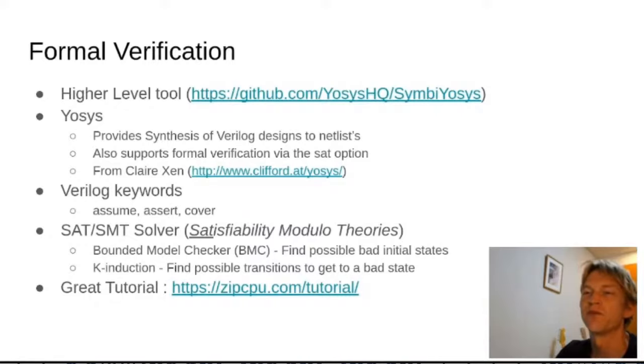With formal verification, what you can add to Verilog is these keywords: assume, assert, and cover. We'll look at those a little bit later, but basically these allow you to constrain your system to say what are the possible states that this system can get into. And what the solver does is satisfiability modulo theories, SAT for short, or SMT for short. What it does is it basically, with a constrained system, it will be able to tell if your design can go outside of the possible